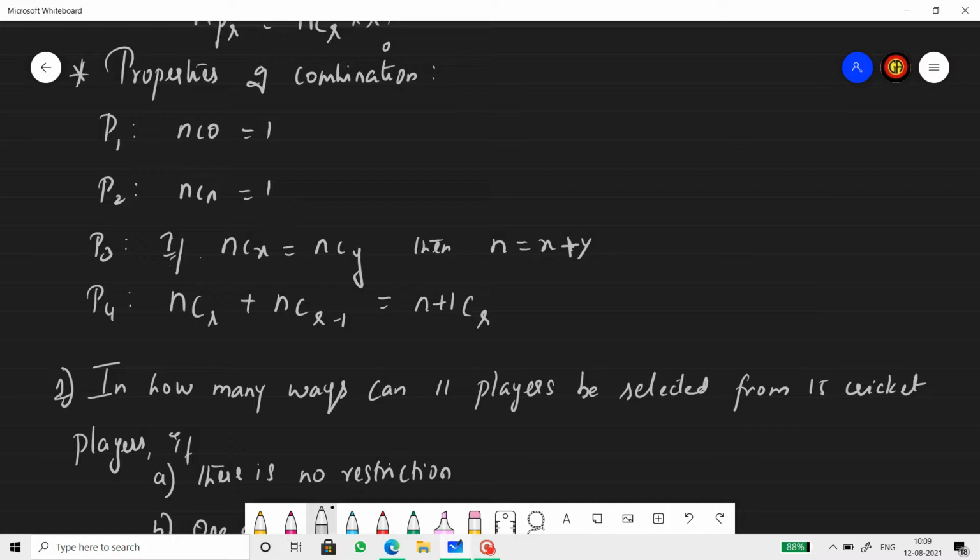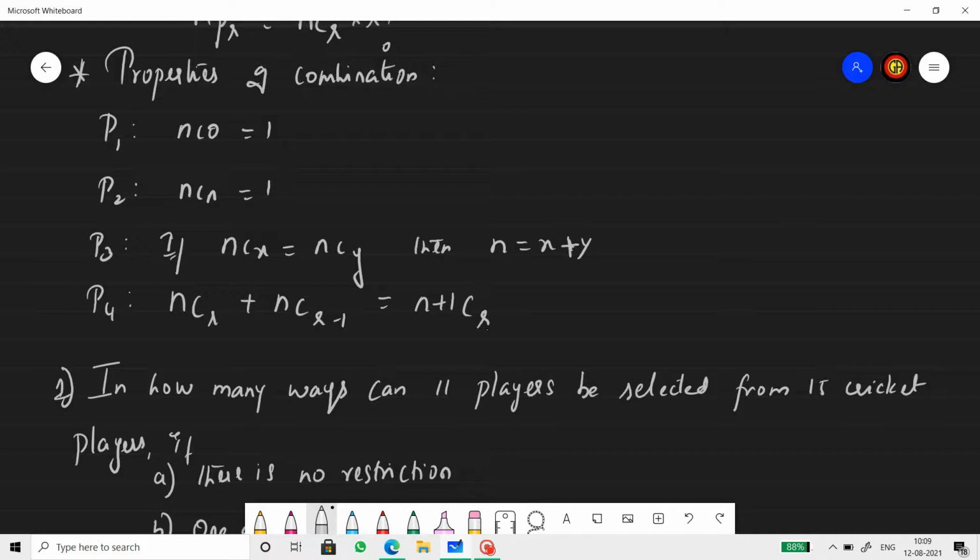Property 3: if nCx equals nCy, then n equals x plus y. Property 4: nCr plus nC(r minus 1) equals (n plus 1)Cr.